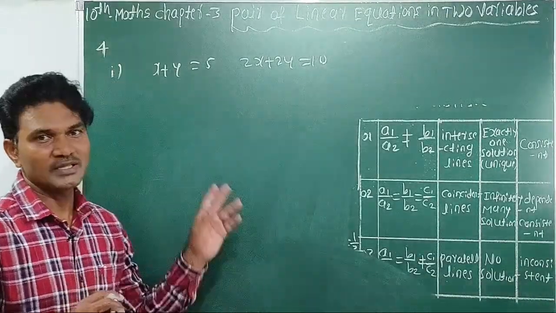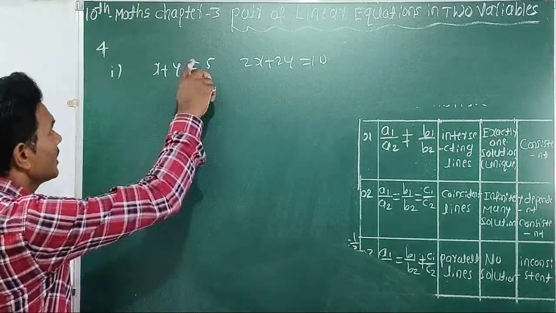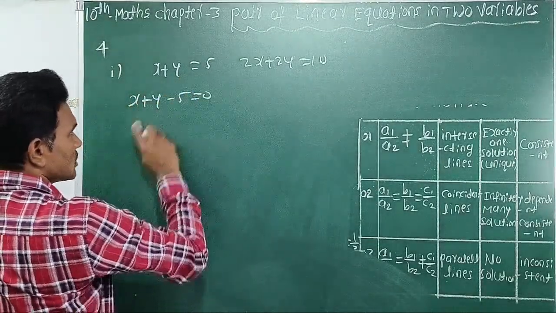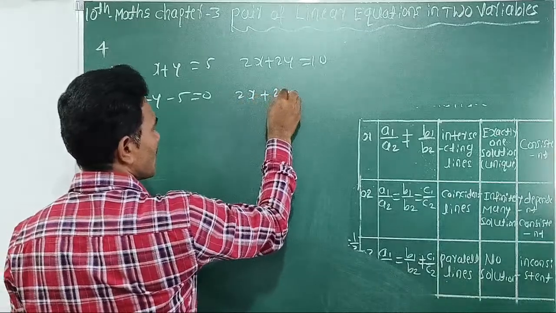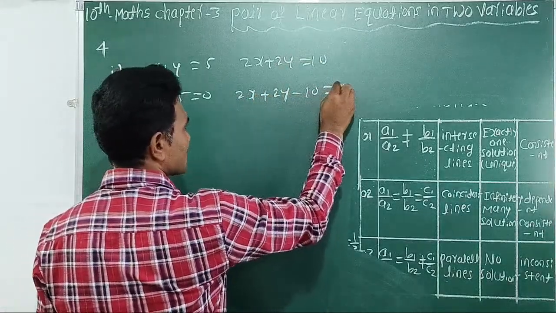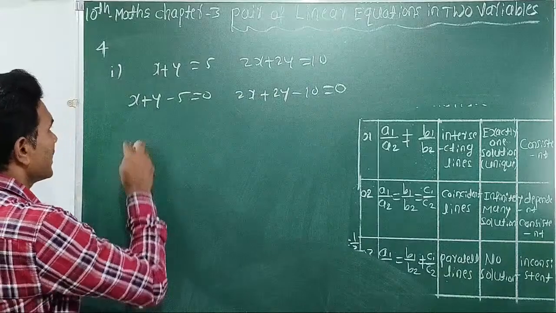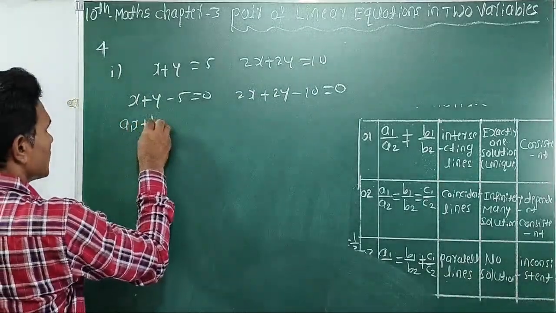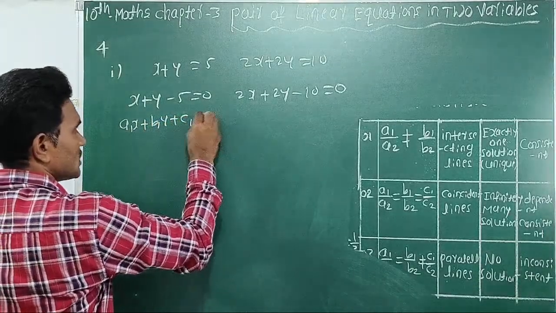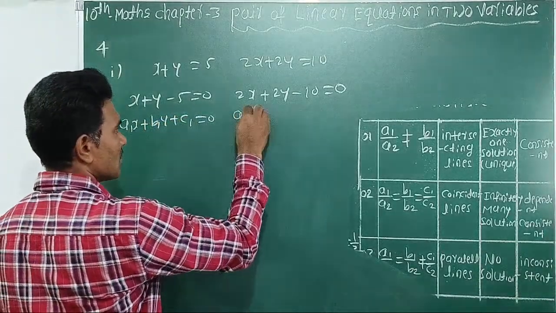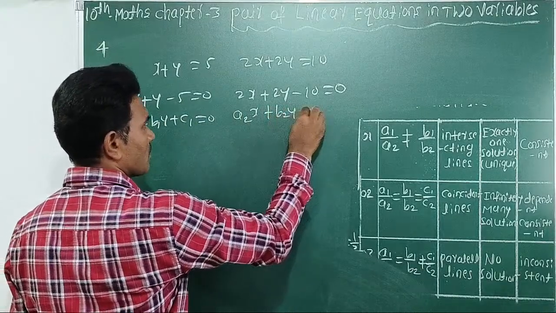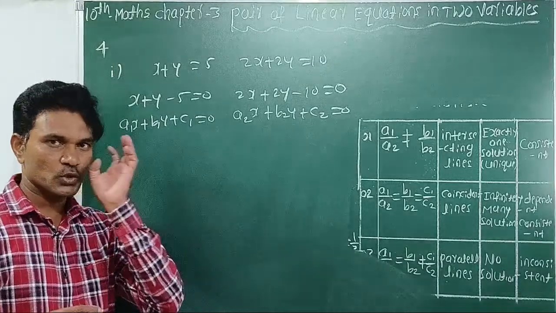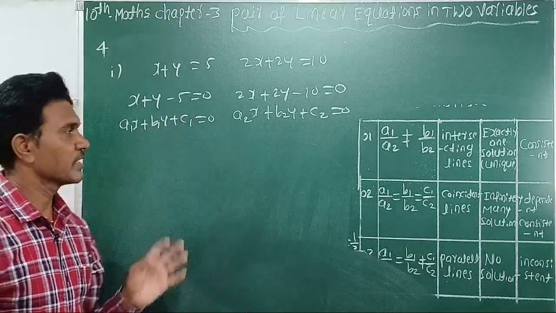First we have to write these two equations in the standard form. I will write it as x plus y minus pi is equal to 0 and 2x plus 2y minus 10 equals 0. On comparing these two equations with the standard form, a1x plus b1y plus c1 is equal to 0 and a2x plus b2y plus c2 is equal to 0, we get